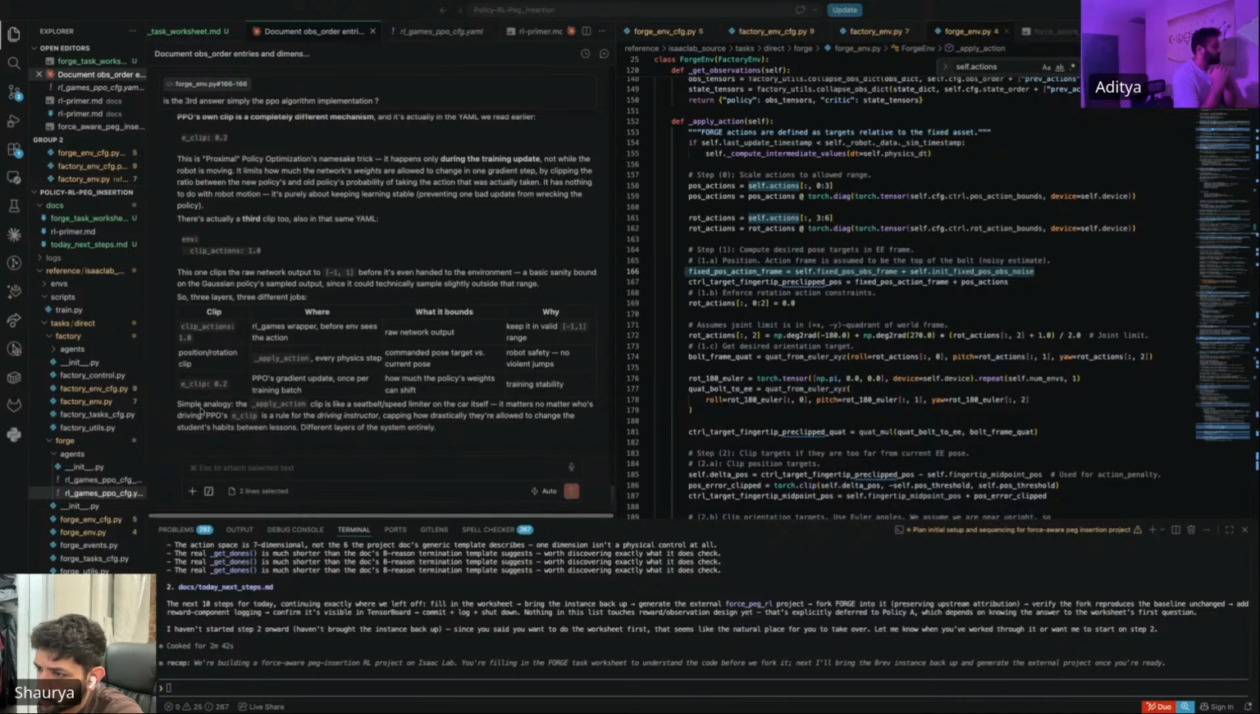Simple analogy: the apply action clip is the seat belt and speed limiter on the car itself. It matters no matter who's driving. PPO's clip is